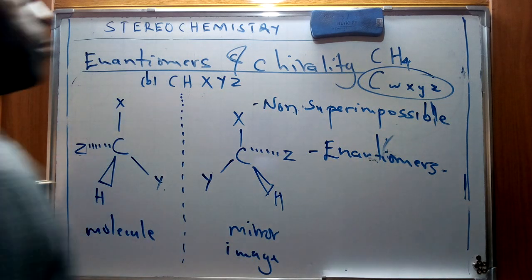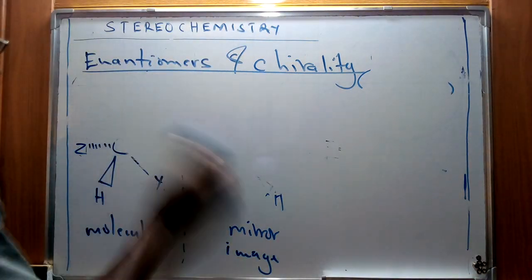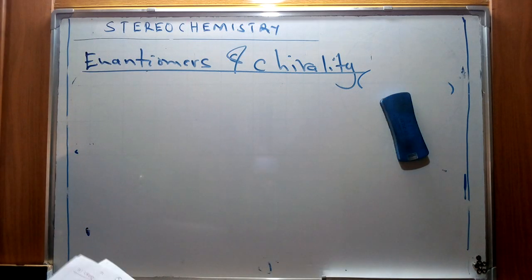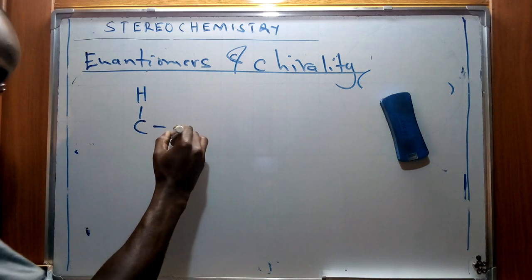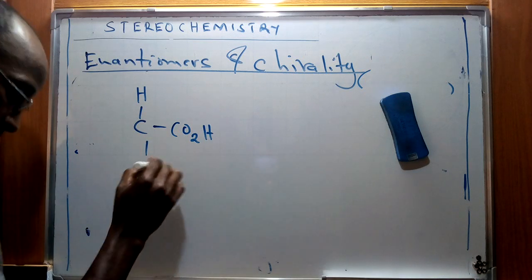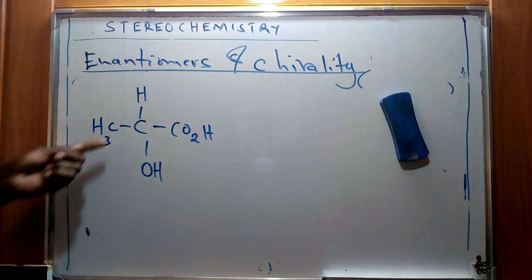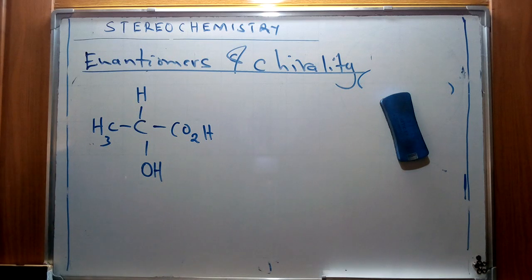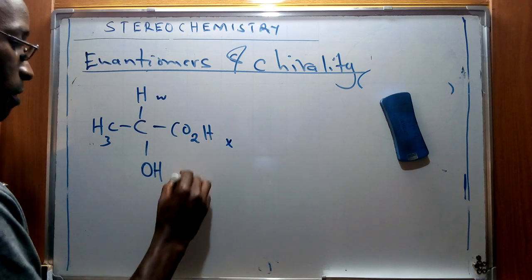If we try to give an example of such a molecule, we can consider a molecule that has substituents like this one. I have a carboxylic acid group, a hydroxyl group at this specific point, and a methyl group at that specific point. If we give a specific example like this, we can generally illustrate it as W, X, Y, and Z